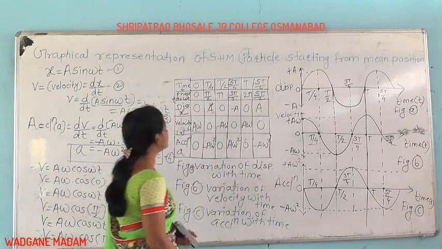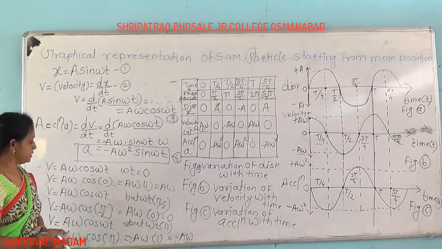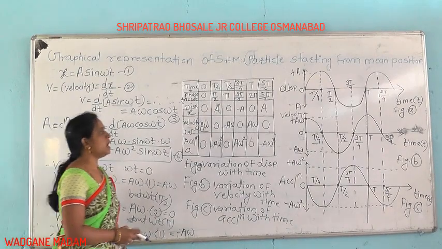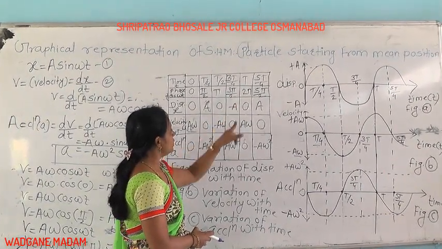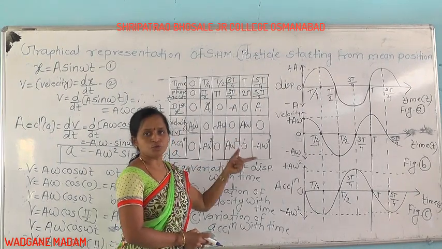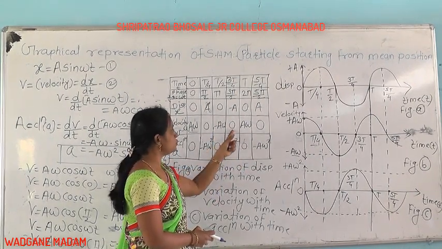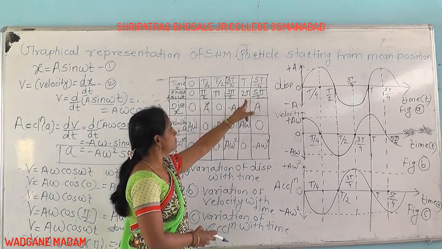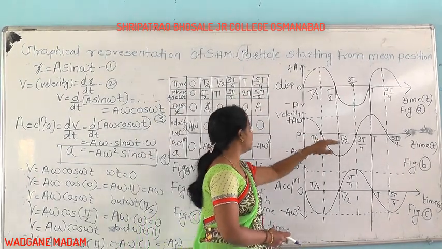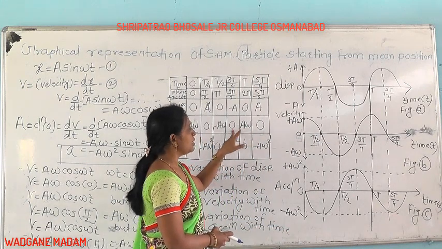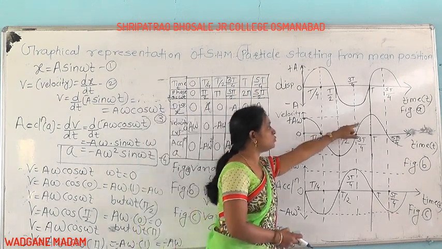Therefore, at the corresponding time interval t by 2 and phase pi, it becomes minus a omega. After that, by putting the value of 3 pi by 2, we again get the value 0, because cos 3 pi by 2 is 0. Again, after putting the value of 2 pi at the corresponding time interval, then the graph becomes